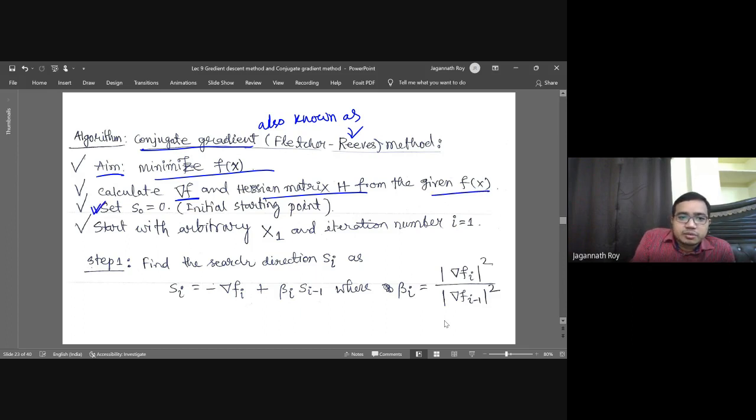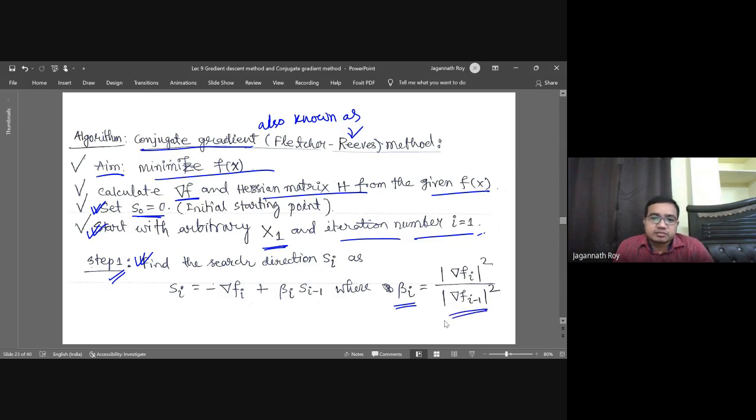Set the initial starting point. Then start with arbitrary x1 and iterate from i equals 1. So the step length that we have calculated, step 1, we need to find the direction